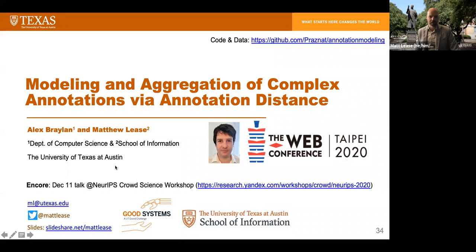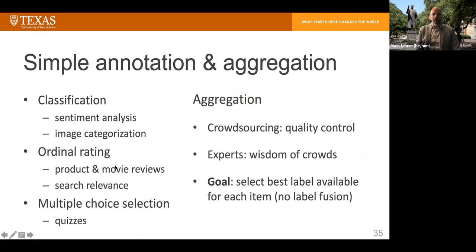But it's an interesting workshop in general if you haven't seen it. So